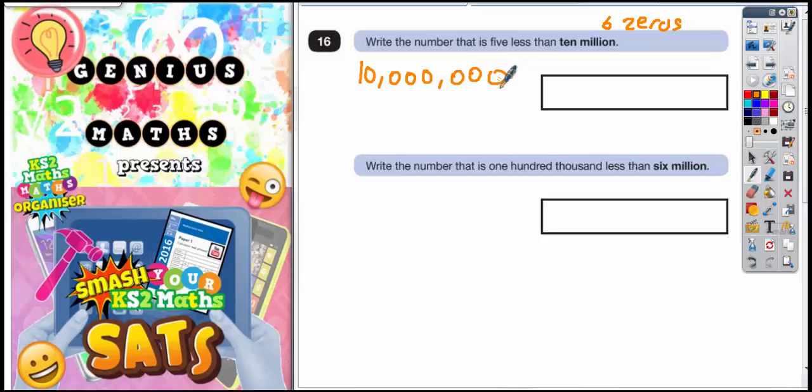Now 5 less than that means we're going to subtract 5. So I'm literally going to write this as a column method. So subtract 5. Now 5 would have to go in the units column all the way over there. Okay, I'm just going to set it up like a column method. So let's have a look what we've got to do. So 0 take away 5, well obviously we can't do that, so we'd have to borrow from this column, but